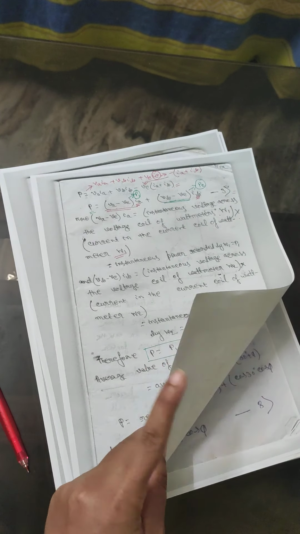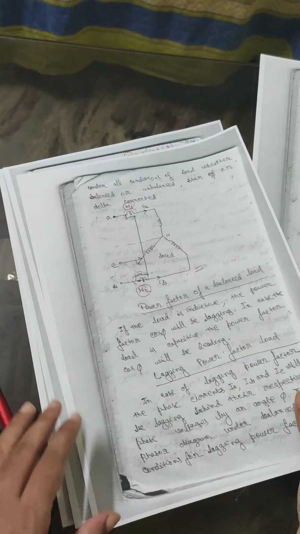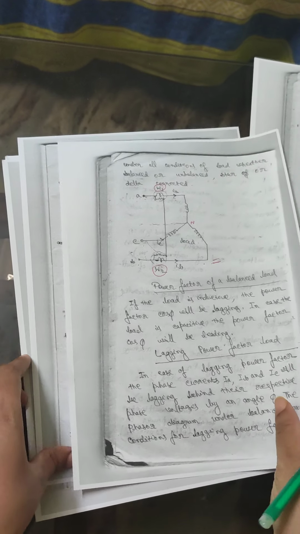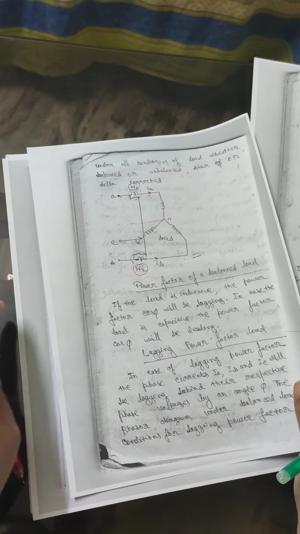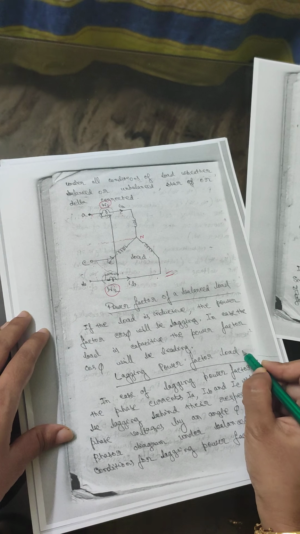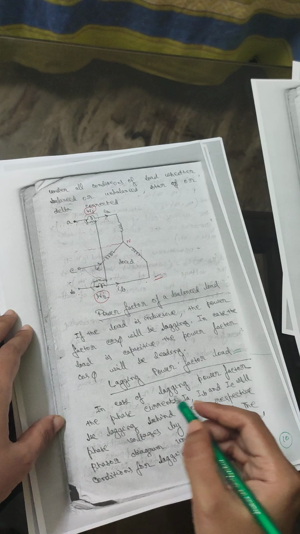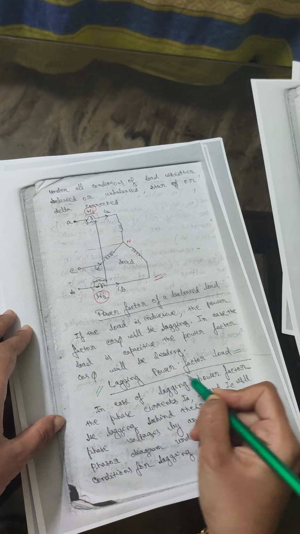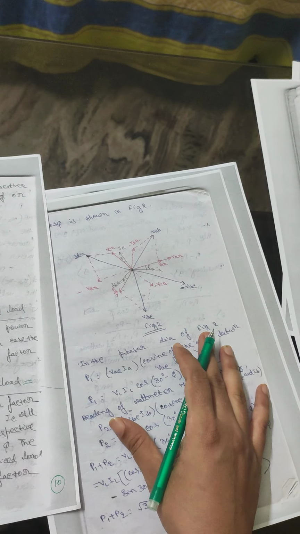Next, move to the phasor diagram of the two wattmeter method considering a lagging power factor load. Already I told that I consider this for a balanced load. That's why, when we consider a lagging power factor load, the phasor diagram, see here,